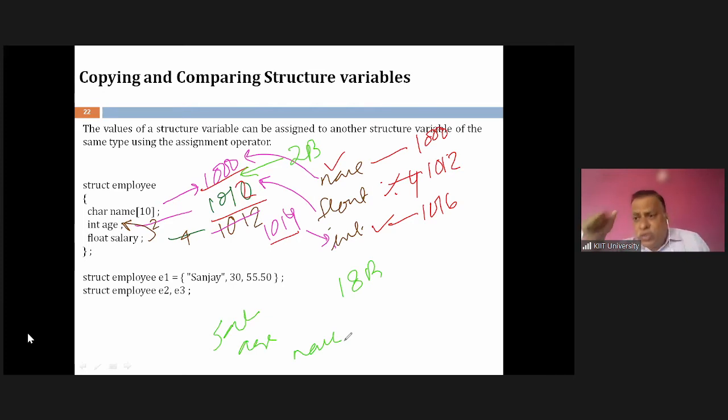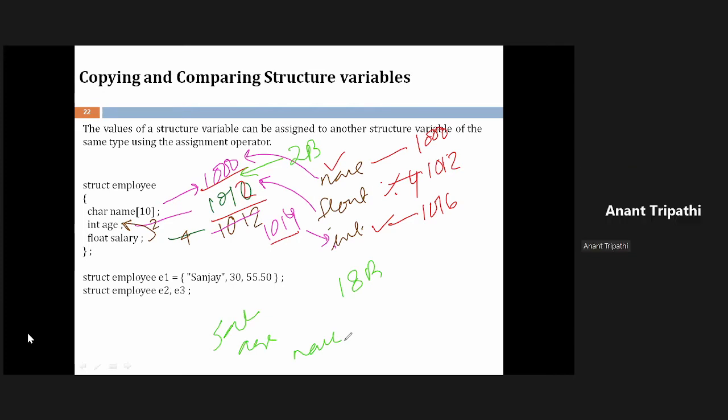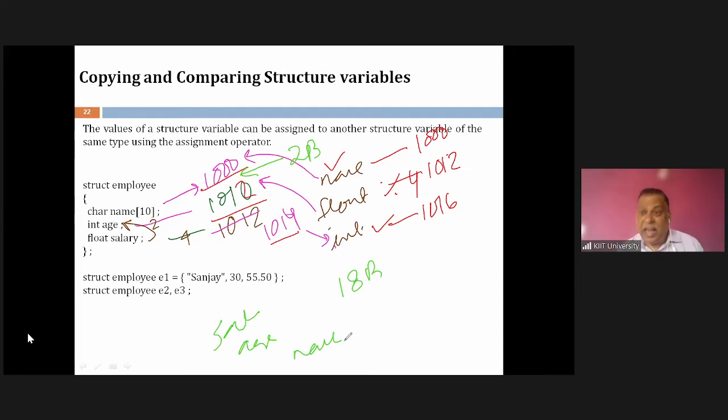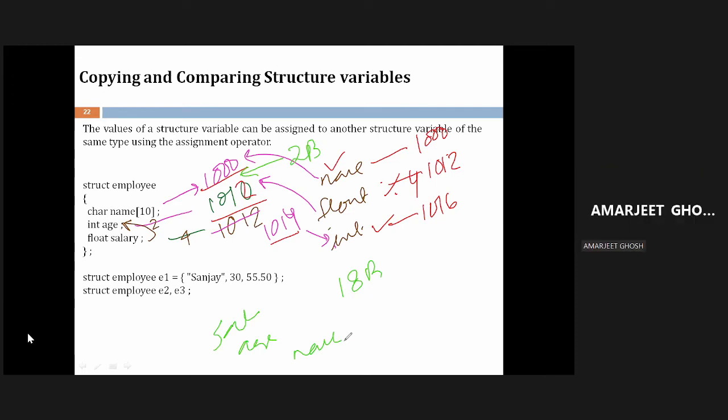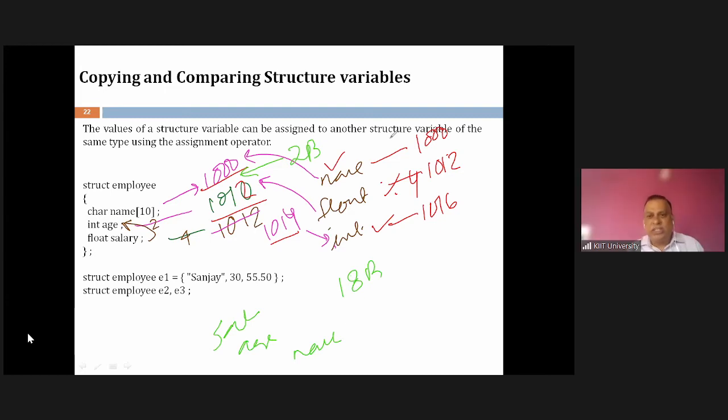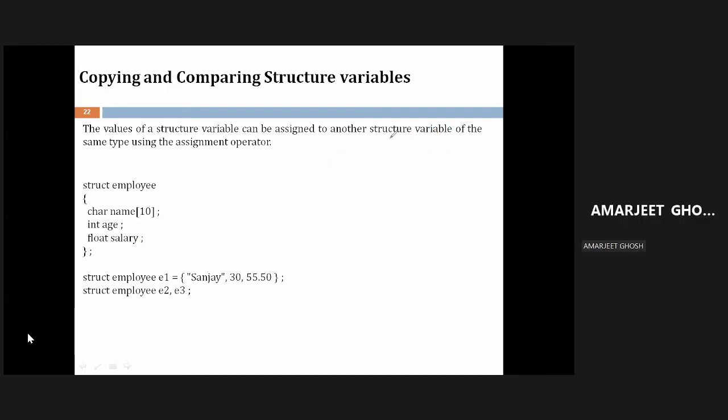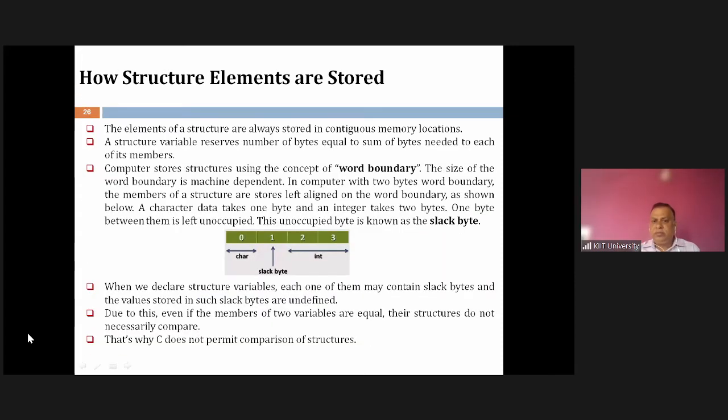But if I tell a thumb rule, you should go from higher to lower. That's a thumb rule. Understood or not? Yes, sir. But you will not find it in many programs; people do not write in that way. So do you understand why the slack bytes are required, and why the size is becoming more than normal? Okay, so that's the slack bytes. We started the character at 0, but the integer cannot start from location 1. An integer must be started from a location divisible by 2, so it went to 2. Even if I have a char and an int, it takes 3 bytes or 4 bytes.